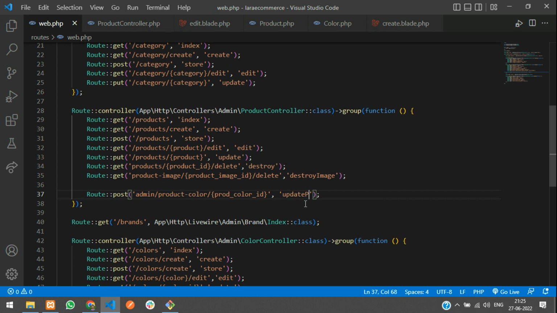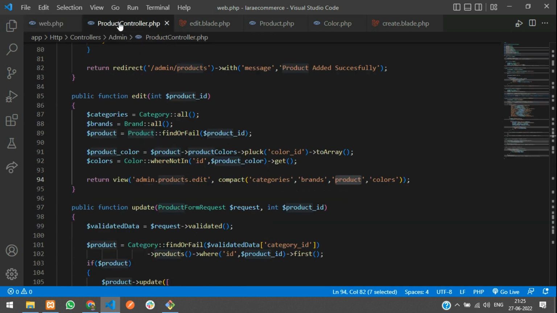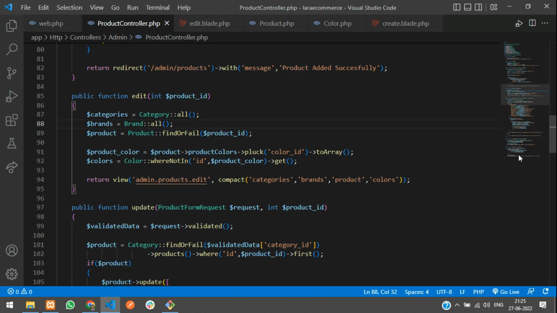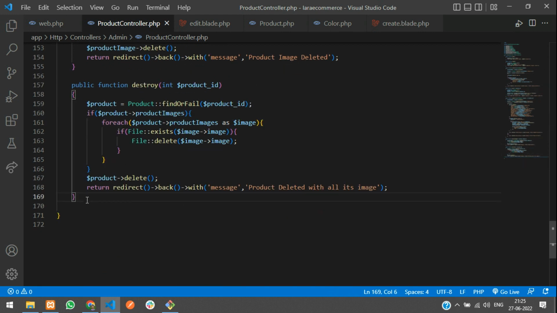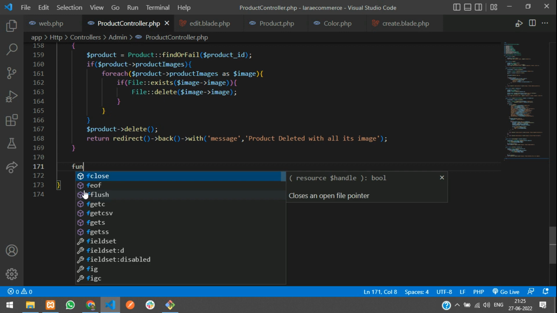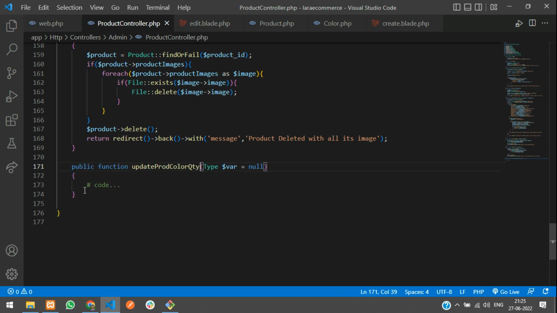Update product color quantity, QTY. Let's keep the shortcut and go to the product controller and create a simple function. Let's move below, guys, and just create a function, product color quantity. And now guys, let's get all the